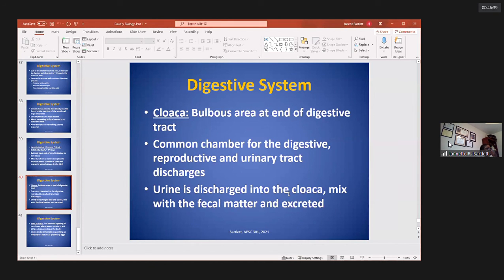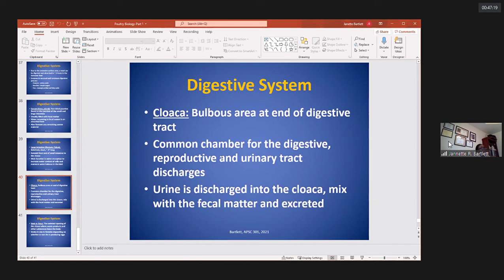Now the cloaca, if you have ever seen a live chicken, right at the end or the tip of the cloaca is where you find the tail feathers. So the cloaca is kind of right under the tail, right where the tail feathers are. So to give you kind of a picture of where you find it. This is a bulbous area at the end of the digestive tract. Oh, why didn't I have a picture of it? Okay. This is a common chamber for the digestive, reproductive, and urinary tract